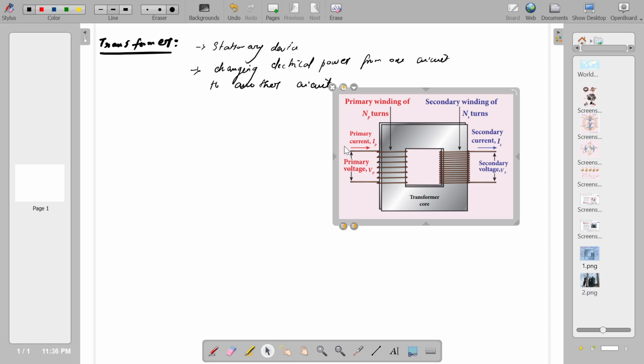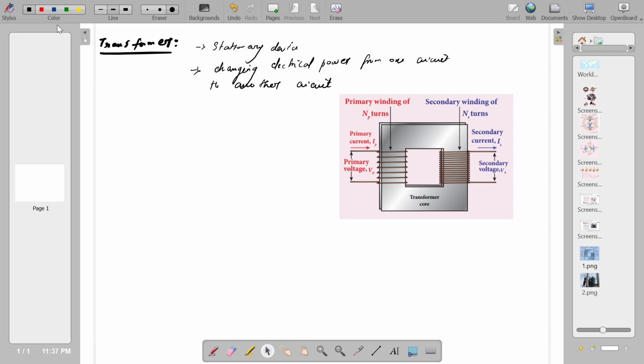The voltage set up in the primary coil is the primary voltage. The voltage set up in the secondary coil is the secondary voltage. There are two kinds of transformer. The first kind is the step up transformer. What do we mean by step up transformer? If the device is converting the low voltage